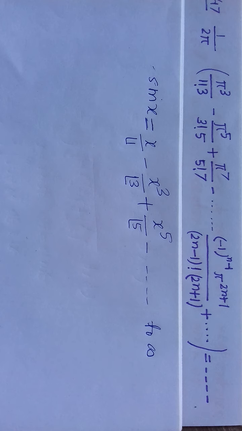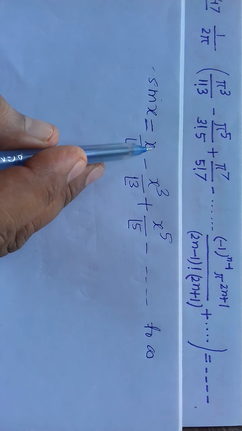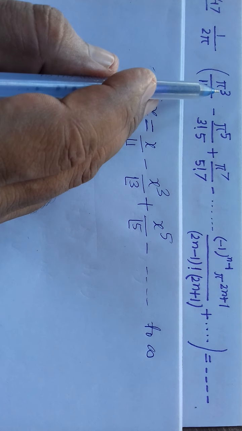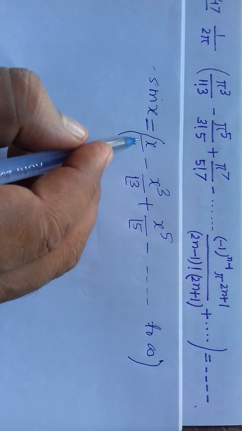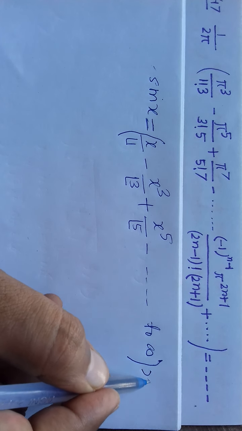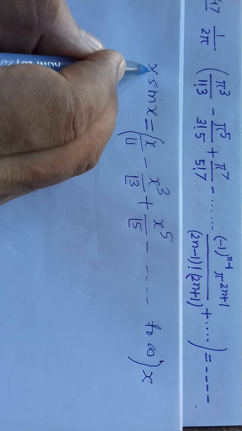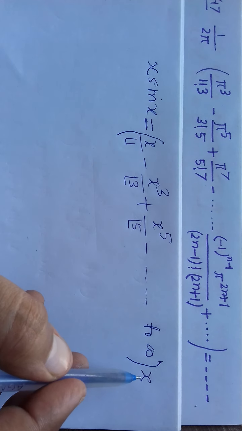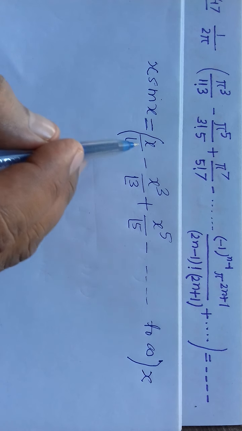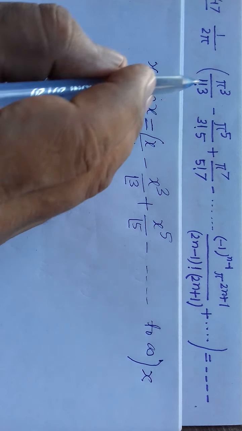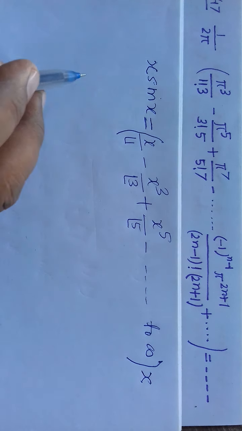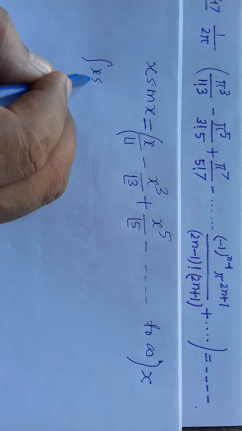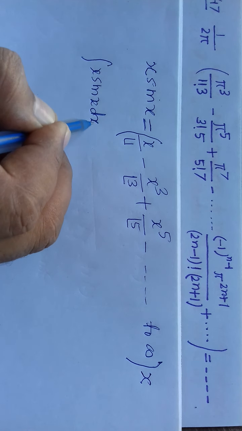So, we have to integrate. This is clear. But if you integrate this, then you get x square by 2. But here it is 3. So, we have to increase the power by 1. To increase, we multiply this with x. So, here also we have to put x. Now see x square, and if you integrate x square, then you get x cube by 3, which is here 3, 3. So this is okay. So it is clear that we have to integrate x sin x dx.